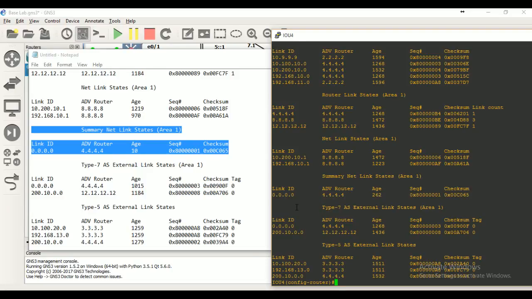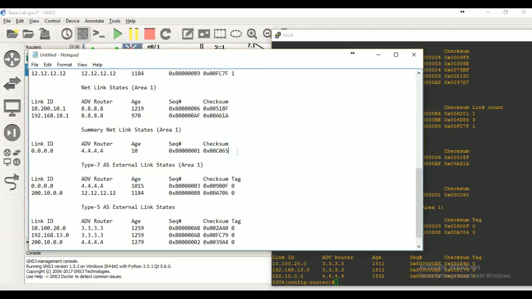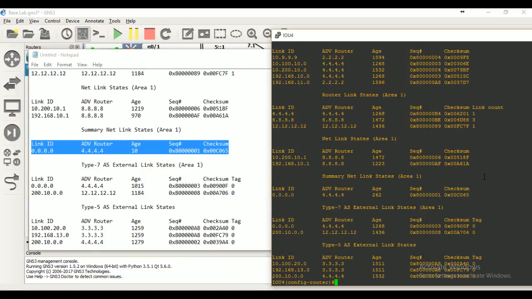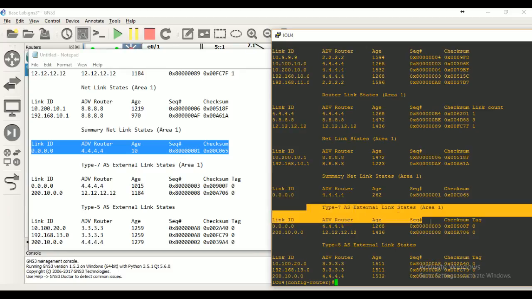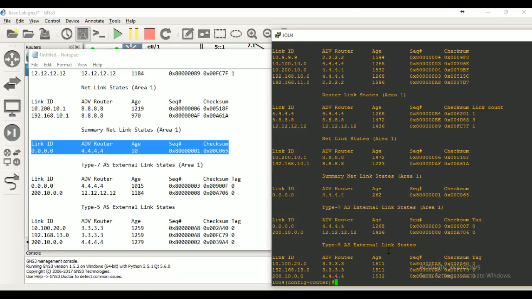But if I switch that, now, like I said, there are three differences, and the second difference is whether you want to see routes from other areas, which I've shown you. I added a no summary keyword, and then it removed all those subnets from other areas. I'm going to make another change, and now the only difference is that LSA 7 is going to disappear. So I'm just going to make this an area 1 stub, no summary,